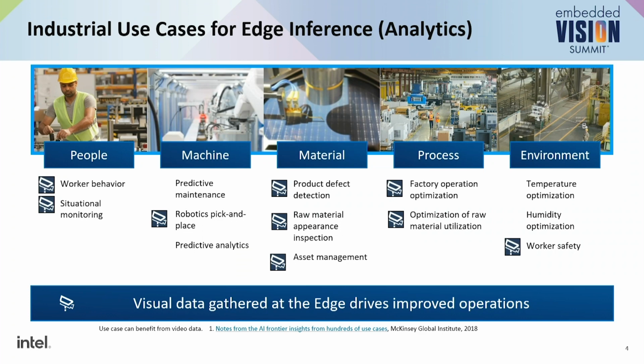And then comes the material, right? If you say garbage in, garbage out, you have to monitor what raw material is going into your product line when you are producing these products. So you are monitoring those raw materials. Are they in the right ratio? Things like that. And then there are process-related use cases.